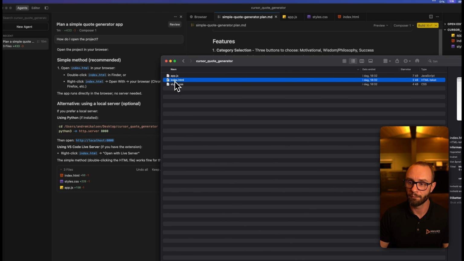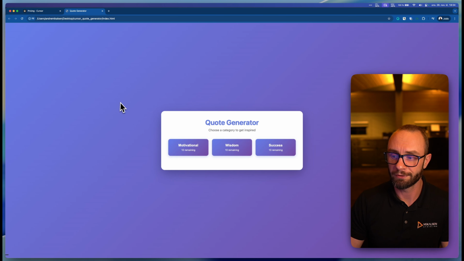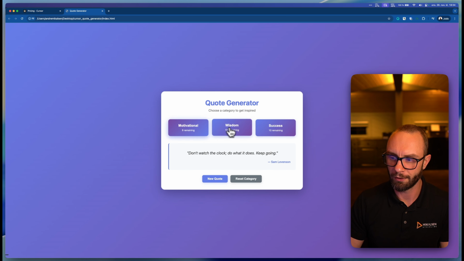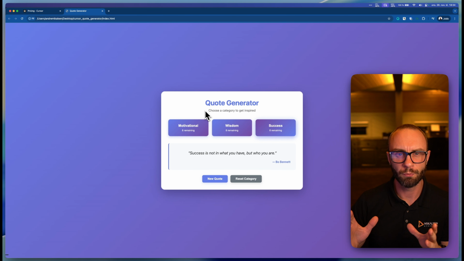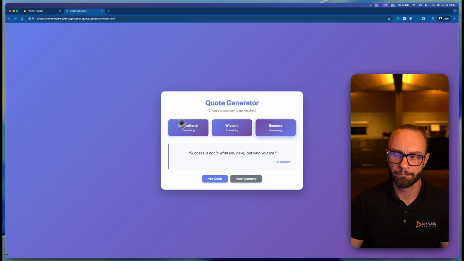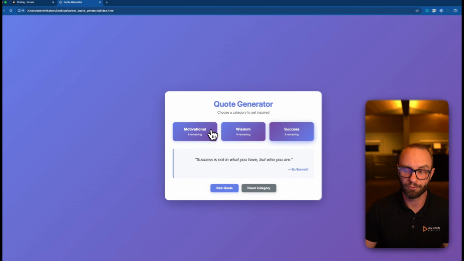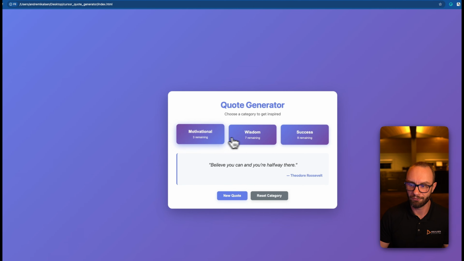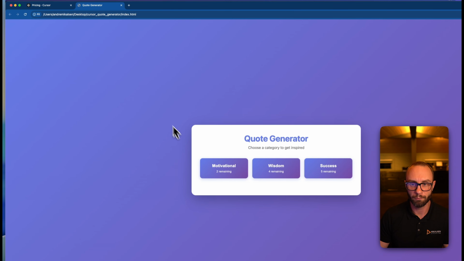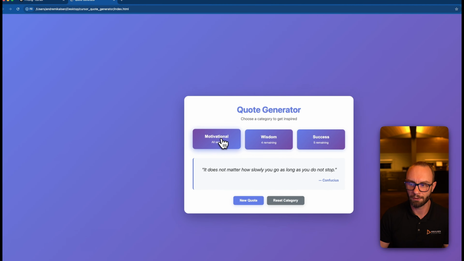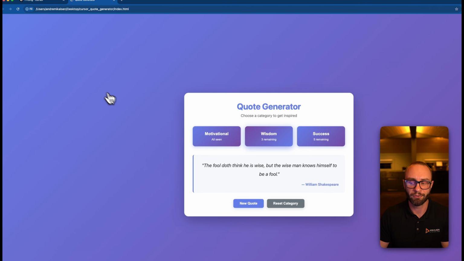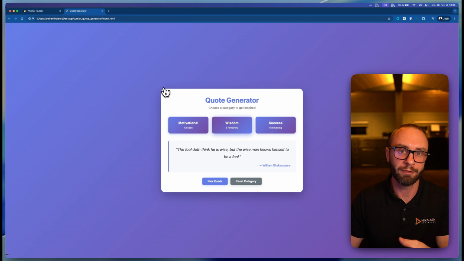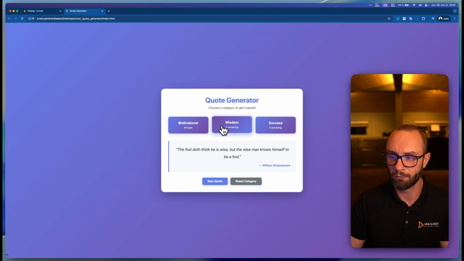So we'll open the website now. And here you can see the quote generator, and we can choose a category, and it's working by showing us this. You can see everything is working as we want, but maybe we're not too happy with how it looks. This is maybe an okay design if you were to just use this for daily motivation. And you can see it's remembering what we've seen before as we wanted. Even though we refresh the page, it's saying 2 and 1 remaining. So the persistence here means that it remembers inside the browser what quotes we've seen before.